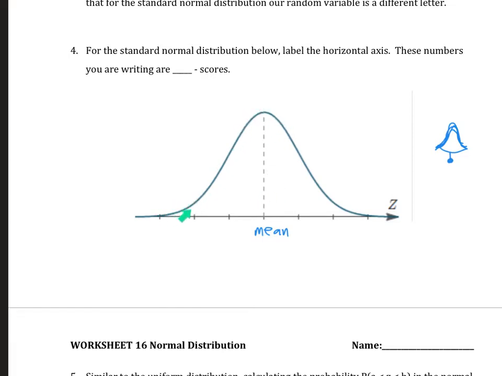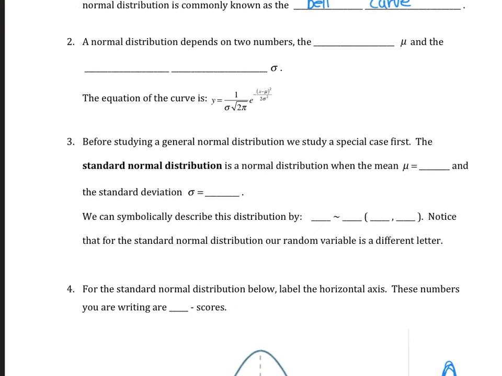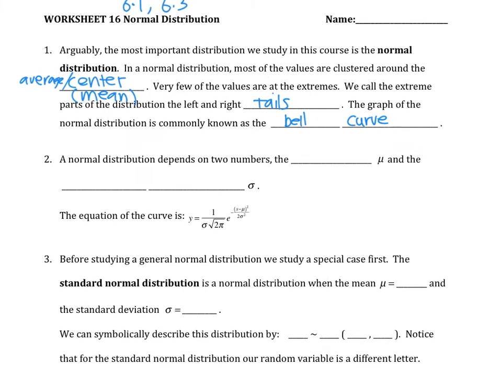This end is called the tail. So this is the left tail, this is the right tail. Again, the area is not much on the left tail, which means there's not much there because your graph is low. And by 3, your graph is basically 0. Theoretically, the graph goes forever to the left and forever to the right, but you just don't draw it, because you can't draw forever. All right, so that was the graph of the normal distribution.